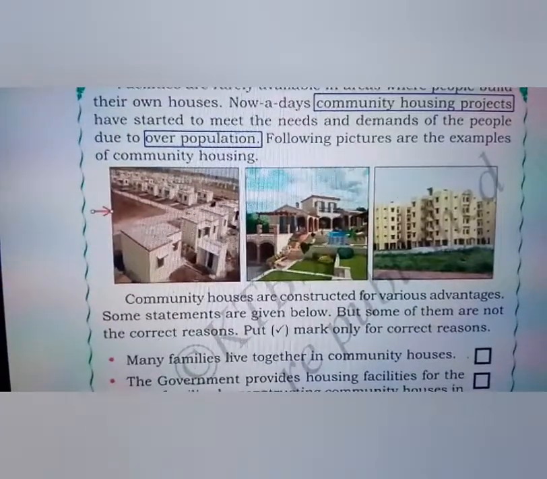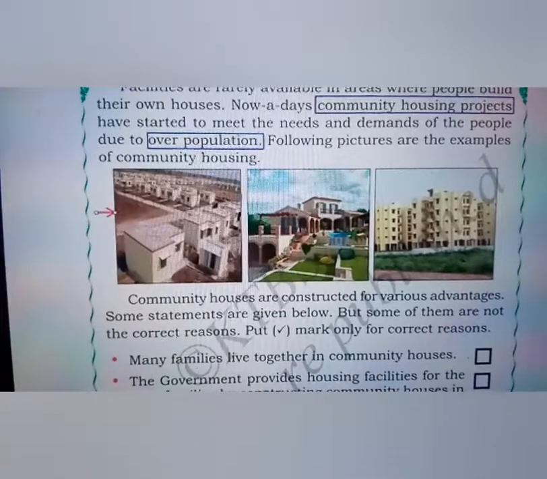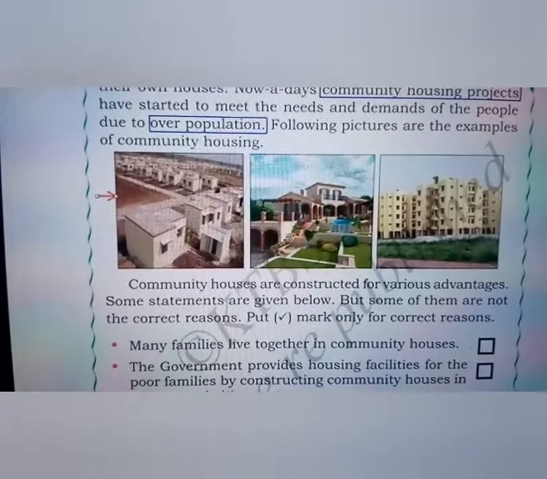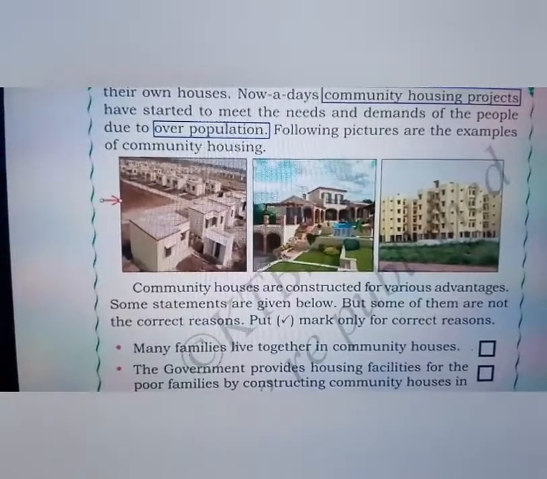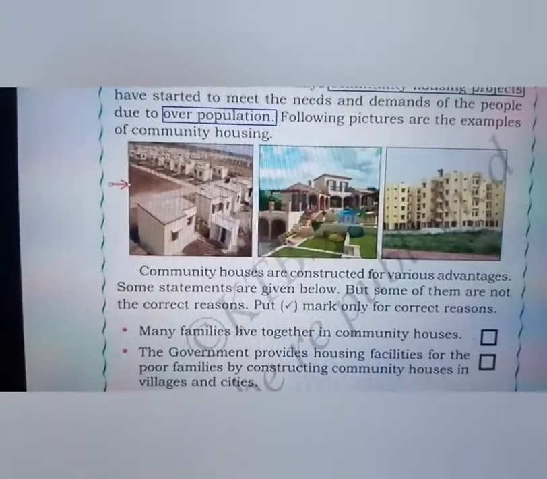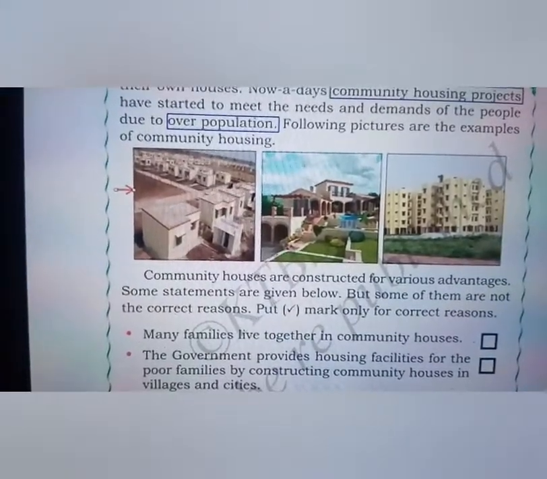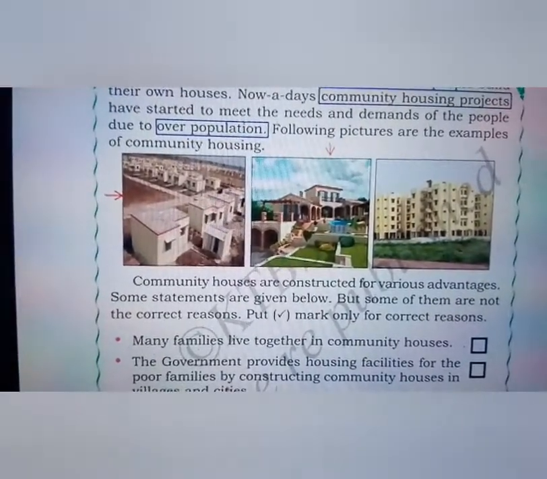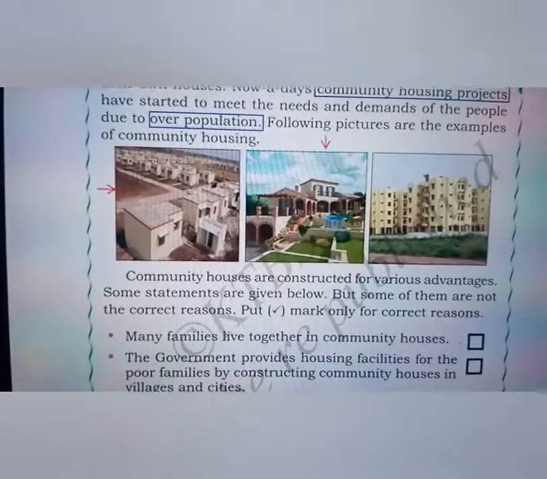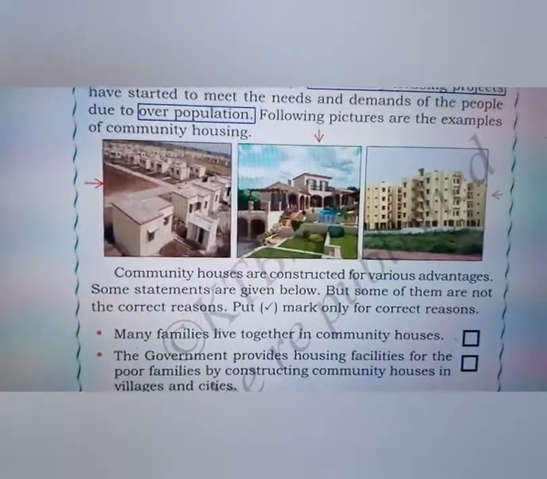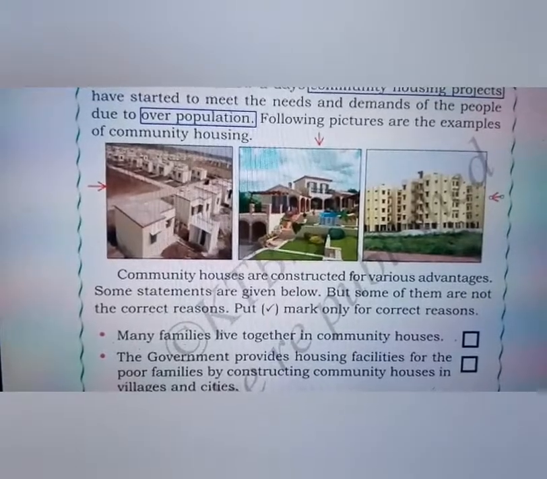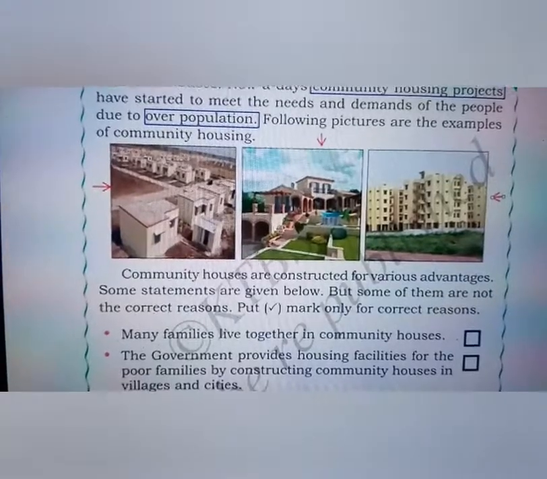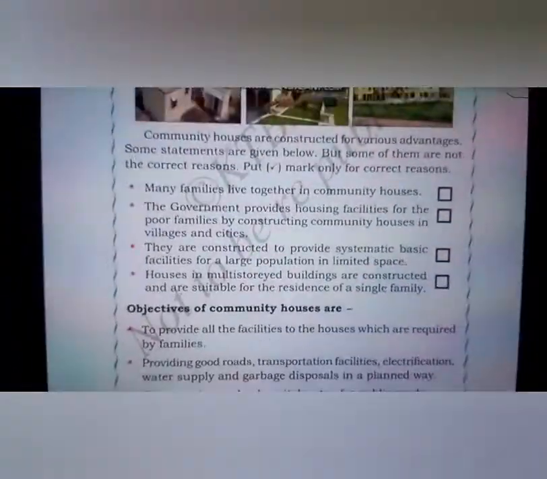Here you can see small concrete-roofed houses created using a common construction method in mass. So you can see many houses created in the same area and all of them look similar to each other. Next, we also see a big house that is constructed under the community housing project itself. Next, in the third picture, we can see multi-storied buildings where houses are built on top of each other in the community housing projects.